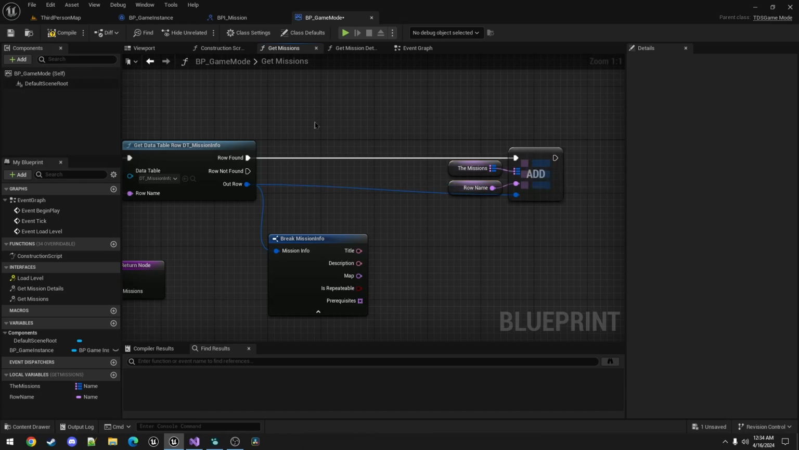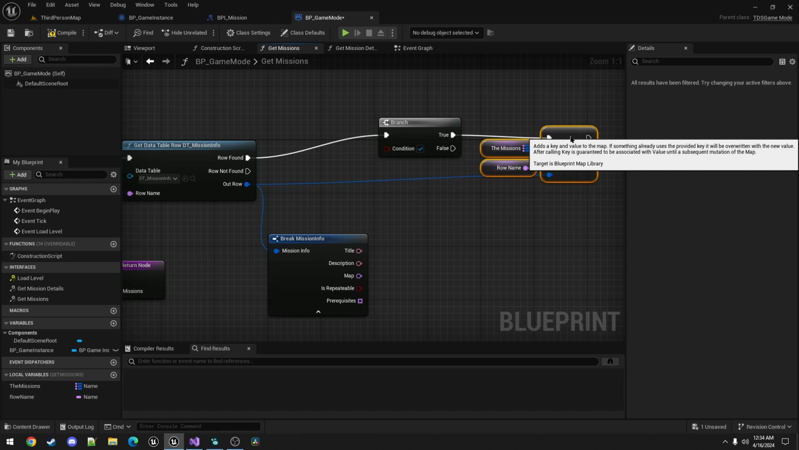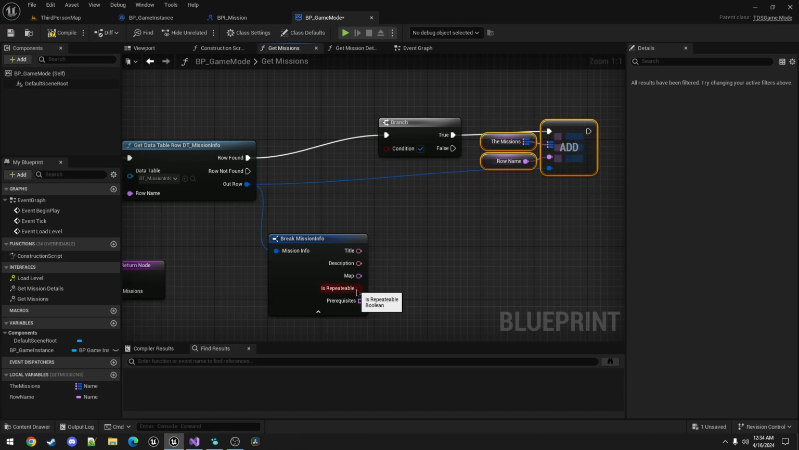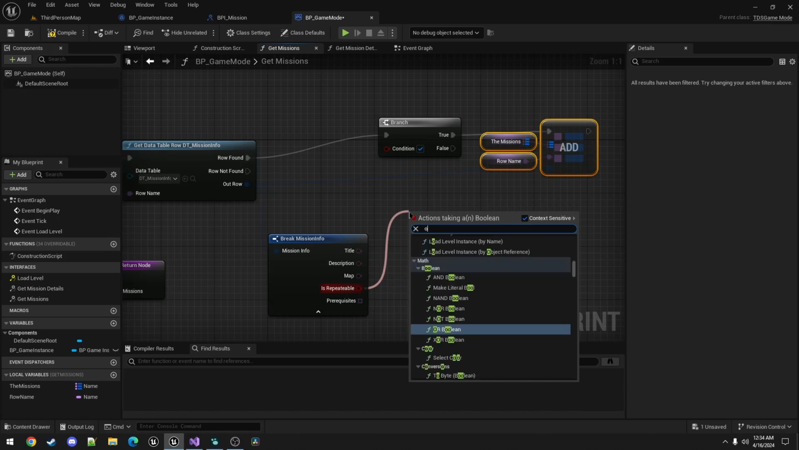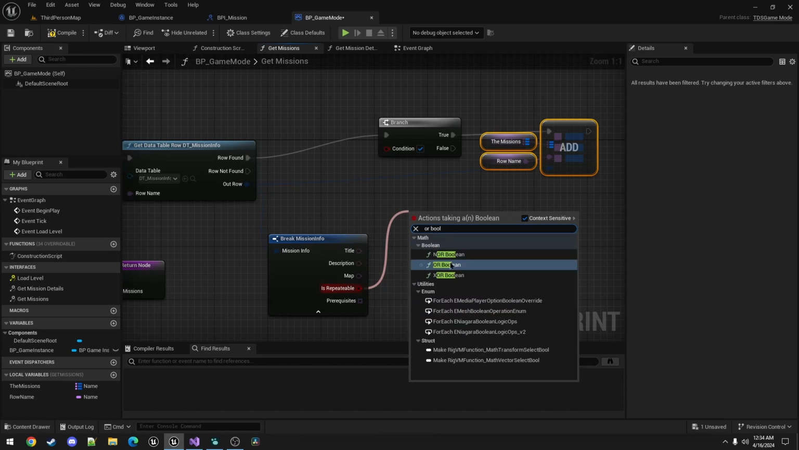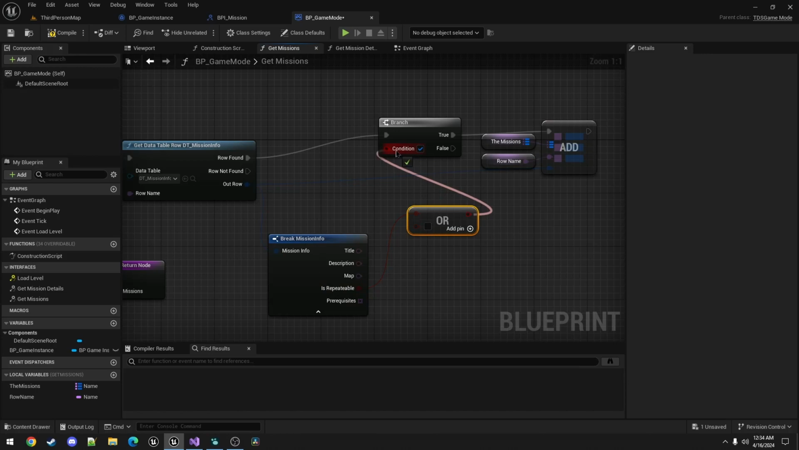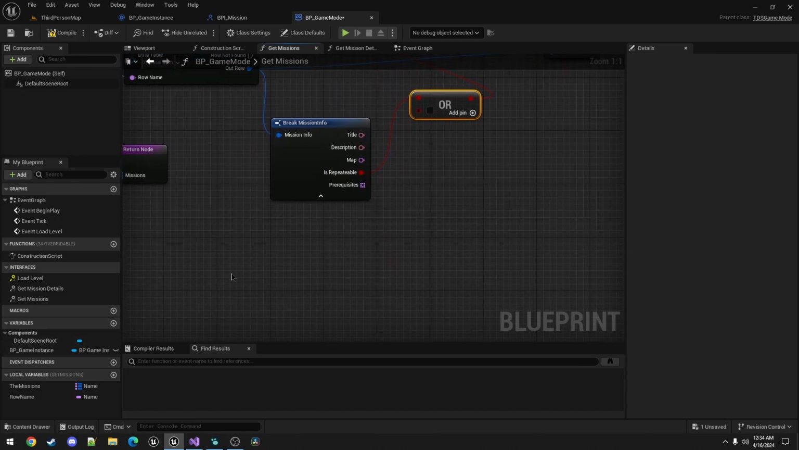Now that we have a mission name and a list of completed missions, we are only going to return the list of missions that are not completed, except in the case where they are repeatable. So what that means is we need a branch. If the mission is repeatable, or Boolean, we get our